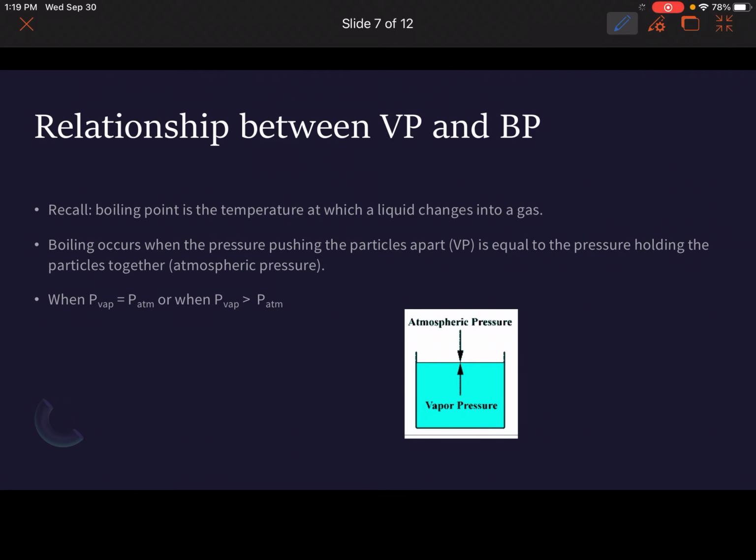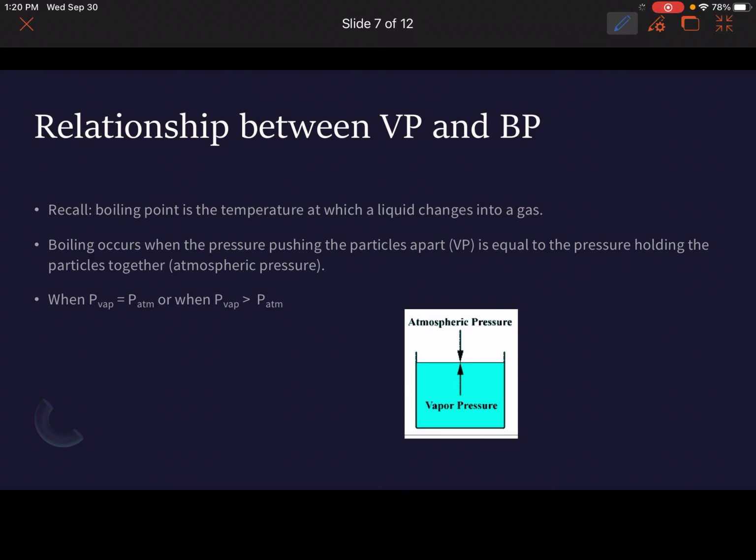Now, there is a relationship that exists between vapor pressure and the boiling point of a liquid. You can just recall there, boiling point is the temperature at which a liquid changes into a gas. So we have a liquid phase changing into a gas, that's when boiling happens, right? Now, boiling occurs when the pressure pushing the particles apart